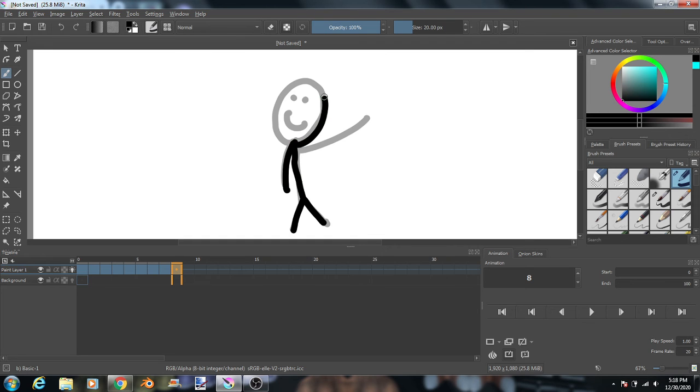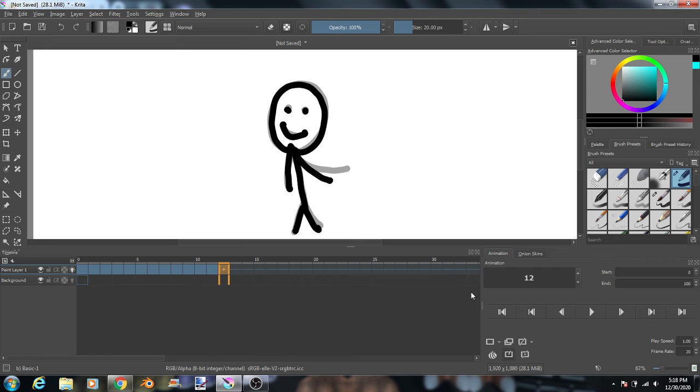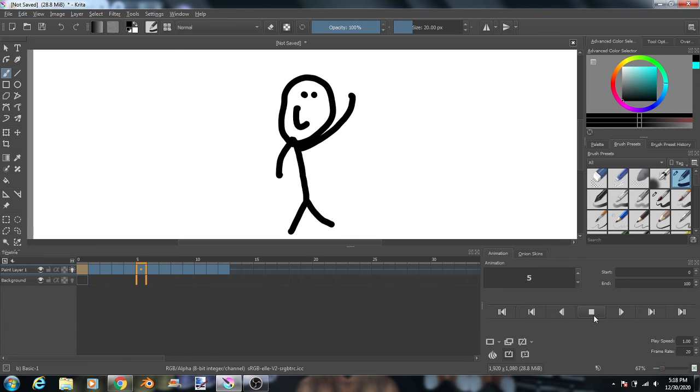So right now, I'm just making the stick man wave while having his head look around a bit. And then finally ending on an arm on the stick man's side, just like at the beginning. And almost done. And there. So now, if you click this and then click the play button again, you can see the little